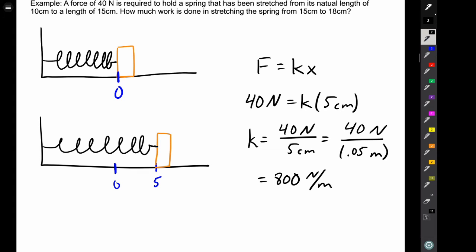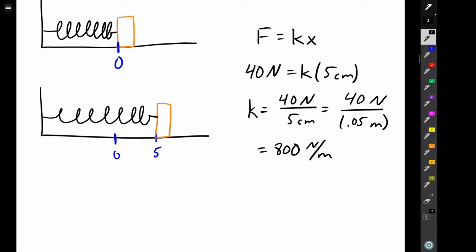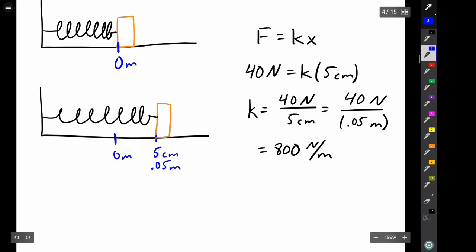Now that we have that, we're saying, well, let's stretch it 3 more centimeters. What happens? Right? So if I change this, it's in centimeters, I should really write these in meters. So we shouldn't really use 5 centimeters here. We should think of this as 0.05 meters. All right, so I want to know if I stretch this an extra 3 centimeters, so I go from 0.05